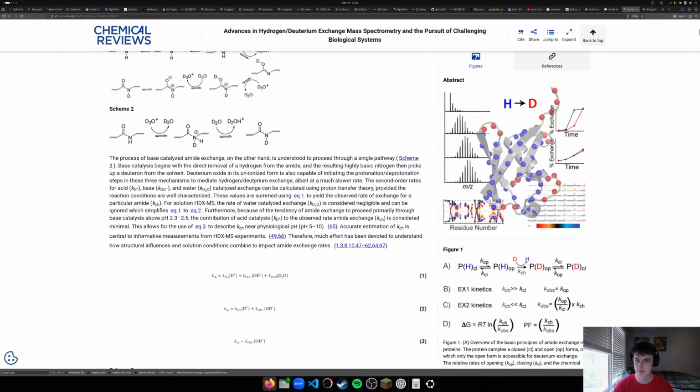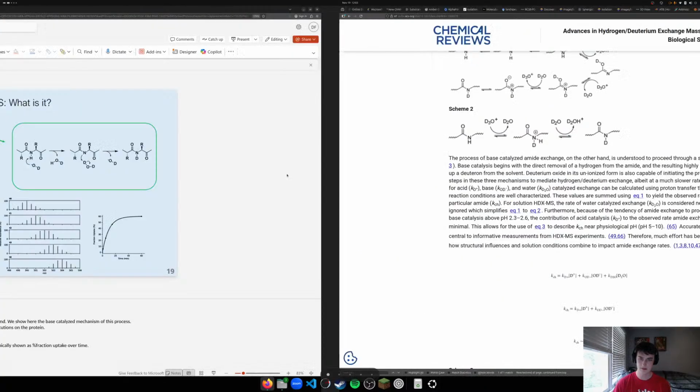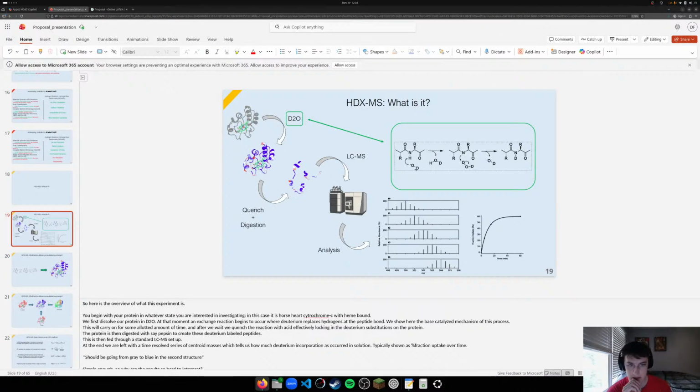Deuterium oxide. Yeah, deuterium oxide. So deuterium oxide right here would abstract a proton from the peptide bond, and there'd be some